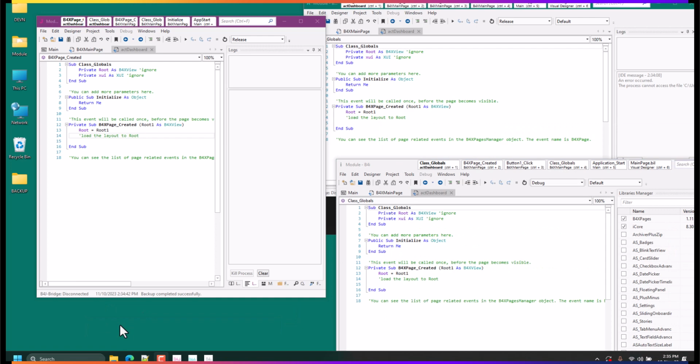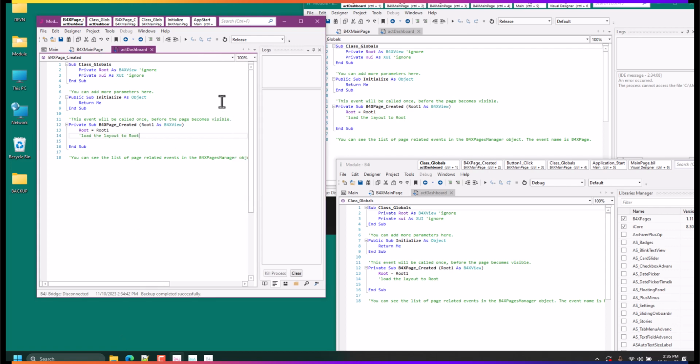Okay, so now the reason why we link them is this. As we link, it means they are all sharing or picking code from one main point, okay, which is the dashboard in the parent folder.